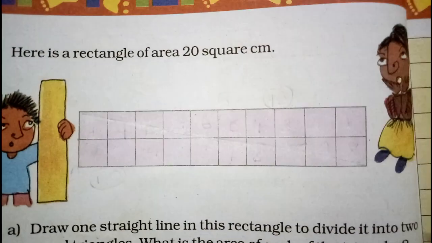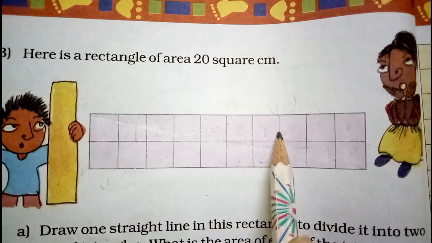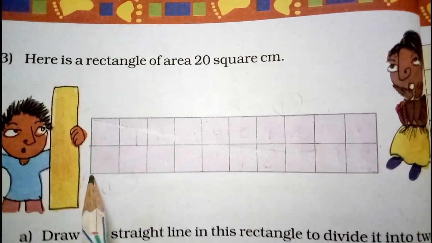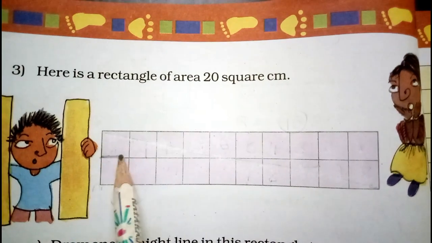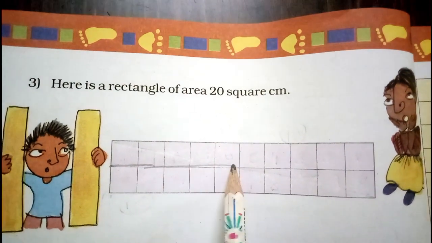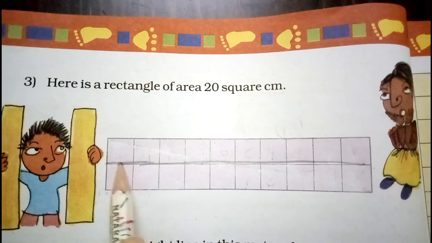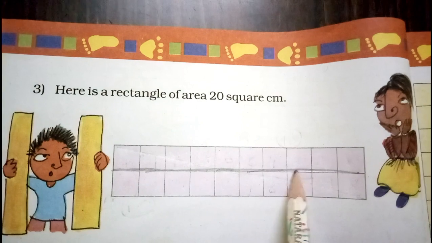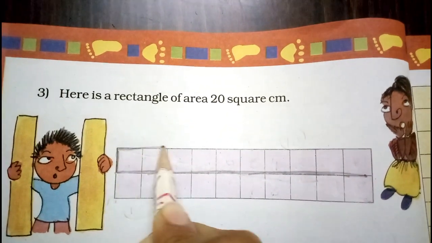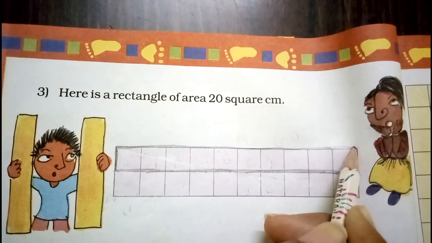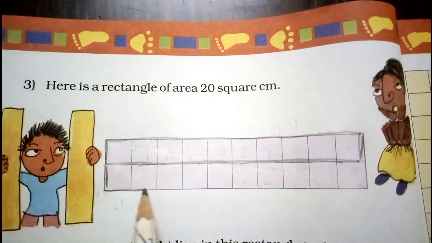First we will make 2 rectangles from one and then we will find the area. So let's draw. Okay, you can see here 10 centimeter length and 2 centimeter breadth. Okay, we can make its 2 equal parts. यहाँ बीच में से ही हम इसके इक्वल पार्ट कर सकते हैं. ओके, एक लाइन ड्रॉ कर दी. Then we can make two rectangles. Okay, this is the one rectangle. Okay, and this is the second rectangle.